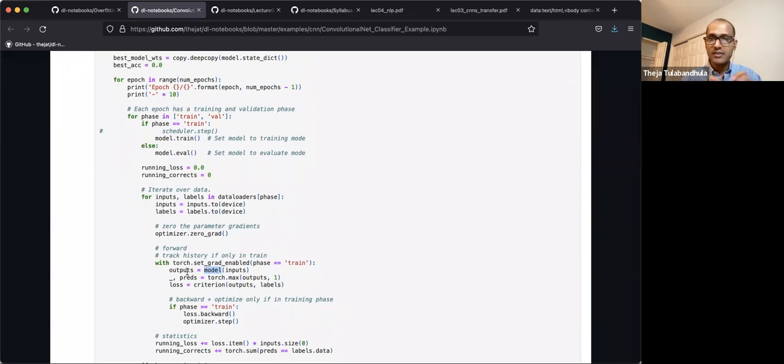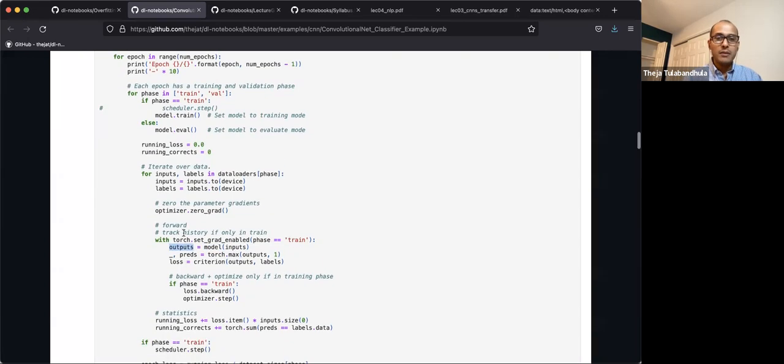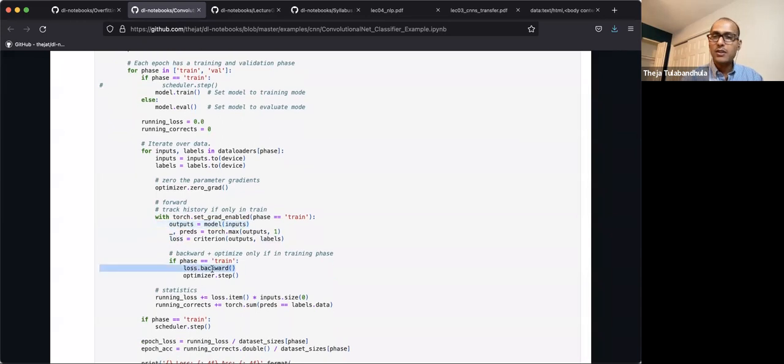I mean, we'll not see the model definition completely because we are actually picking up a pre-trained model. Produce some outputs. Okay, from the outputs we compare it with labels and define the loss. Okay, now the loss is a function of all these parameters, right? Given that specific input that we gave. Now loss.backward computes the gradients,